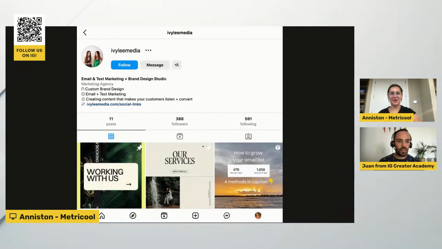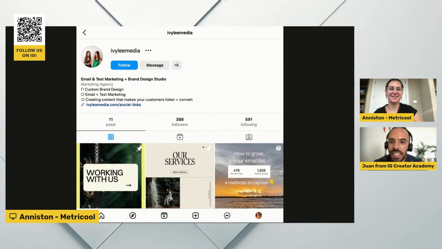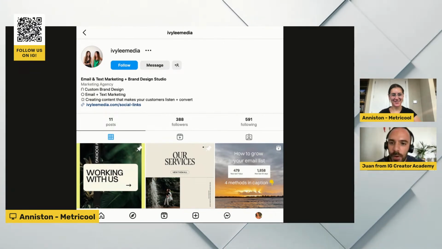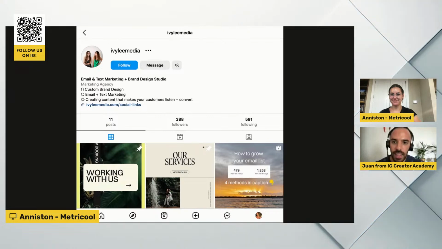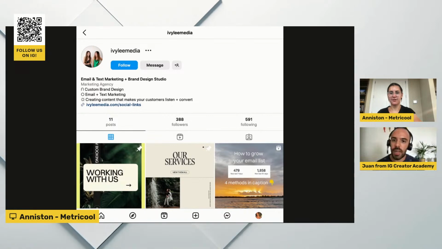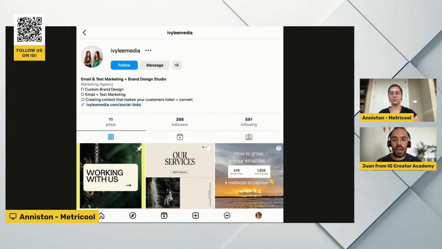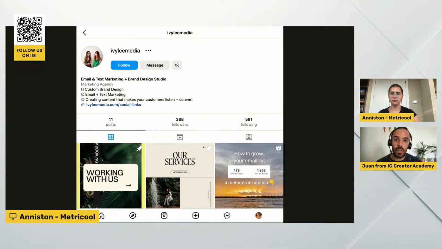Okay. First, we have an account from Ivy Lee Media. Okay, so first, photo. I like it. I like that even if I think it's an agency, a design studio, yes, I like that you're using humans in your photo. I guess you're the 2 founders, so yes, keep it up. Maybe I would zoom in a little bit so that your faces can be seen better, because it's all about connecting with people and if they can see your faces, your eyes, etc. But for now, it looks great. Ivy Lee Media.